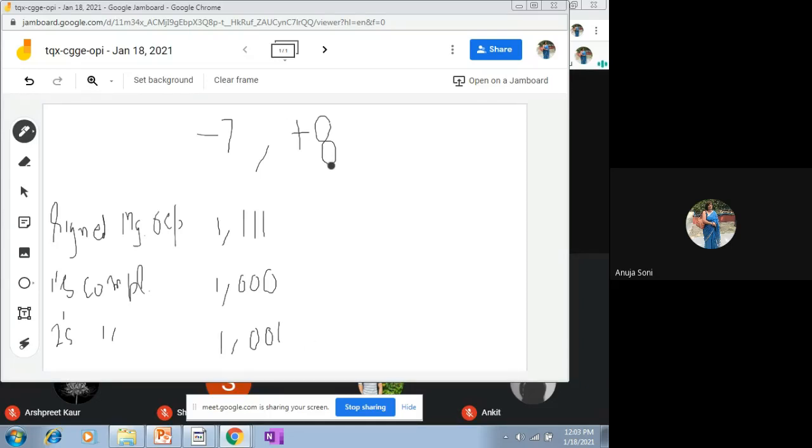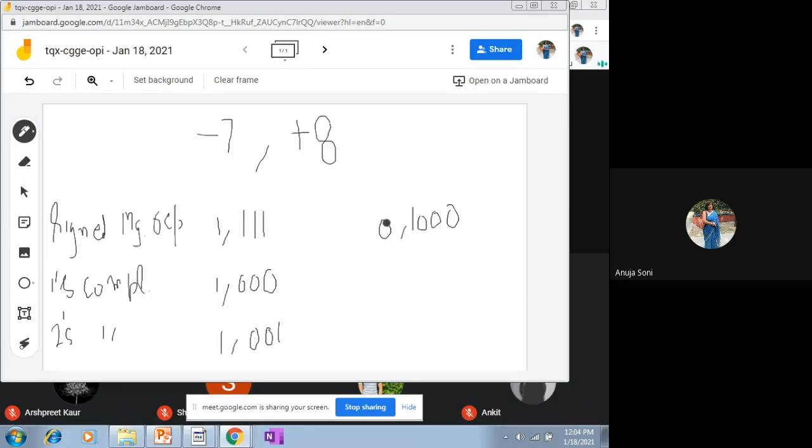Okay, now if you talk about plus 8, how will it be represented using these 3 representations? First is the sign magnitude representation, because here we are going to talk about a positive number. So here the sign bit will be 0 in place of 1. First of all, you need to convert 8 into binary form. What is the binary value of 8? It is 1000. And afterwards, you have to use the sign bit. 0 will be the sign bit. It will represent positive 8.